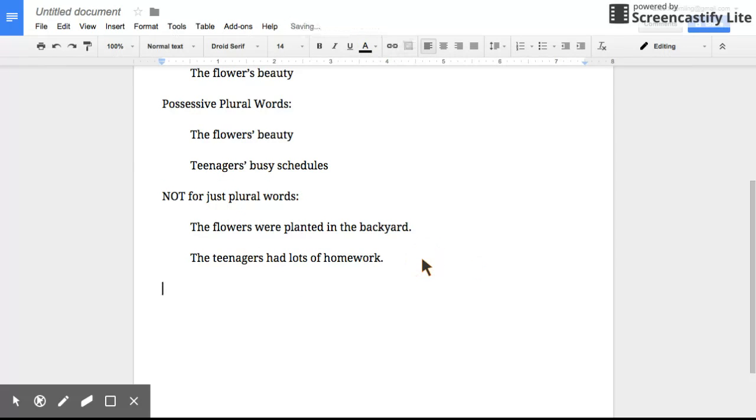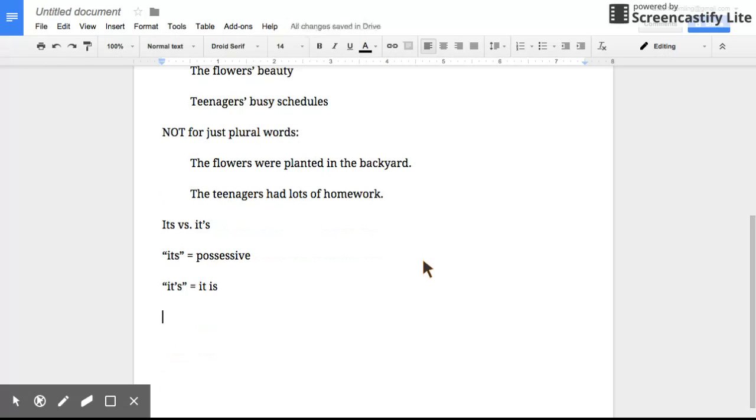And I guess the last, number 5 thing I can help you remember is its versus it's. This version of its, without the apostrophe, is actually possessive. It's the possessive form, because it's with an apostrophe is it is. Okay, so if you were to say, it's super cold outside, that actually translates to, as we know, it is super cold outside. Okay, and I don't know if it's to avoid confusion, or I'm sure we could do some research and find out why the possessive form of its is the one with no apostrophe, but that's just the